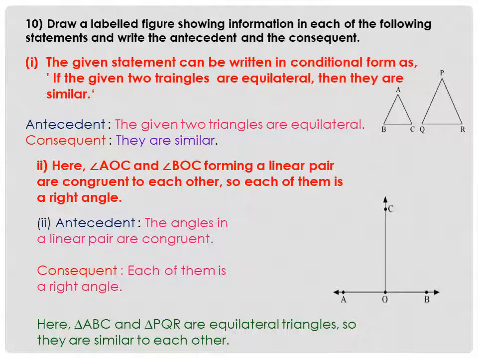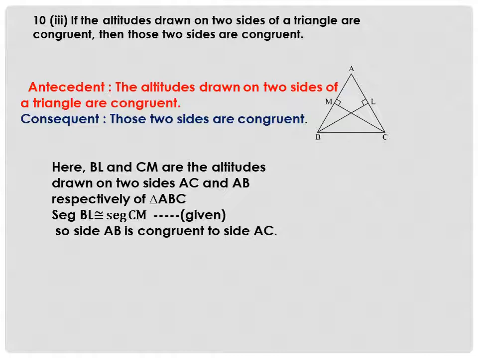Similarly, here you will get that if the angles in a linear pair are congruent, then each of those is also a right angle. Now here they have given to us